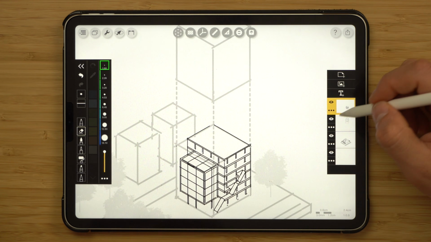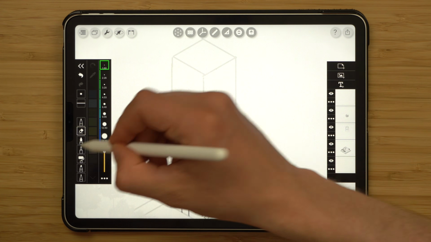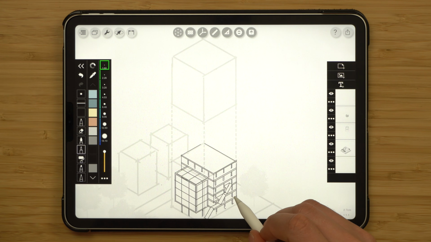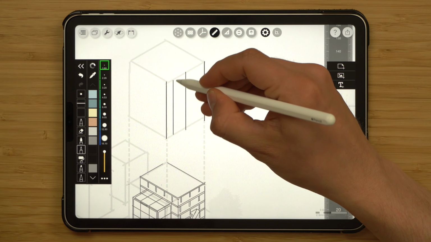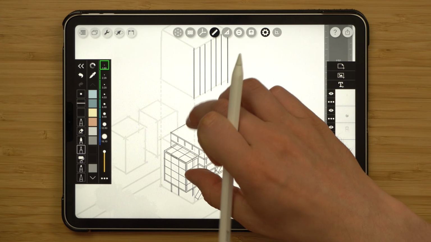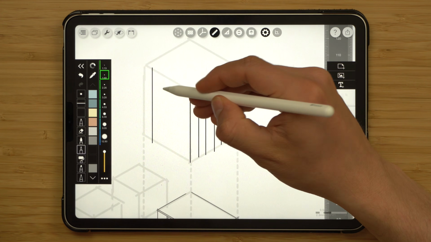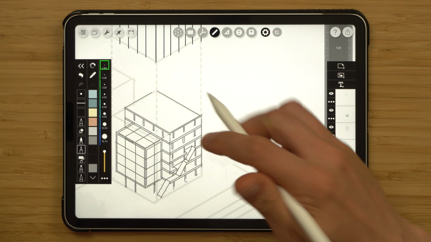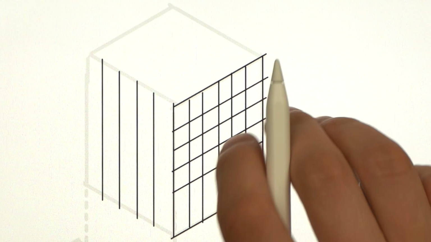So for the volume above, now what I want to do is create a new layer once again, and I want to keep the same thickness of the pen and subdivide this box, and I'll use the same number of subdivisions as the diagram below, so it coincides with the volume below. And again, I'll do it by eye, try and get the spacing of these lines more or less the same. And then I want to have 1, 2, 3, 4, 5 subdivisions to the front. I'm going to do this by eye, so 1, 2, 3, 4, 5, pretty good. And then finally 1, 2, 3, 4, 5, 6 subdivisions on the elevations.